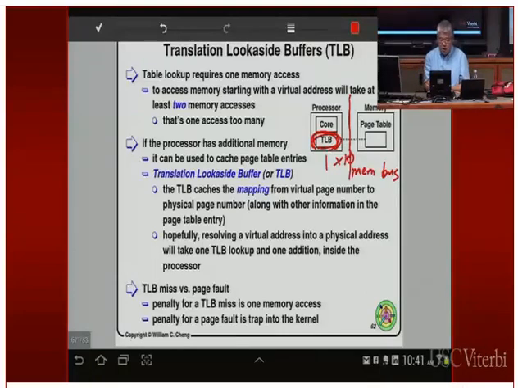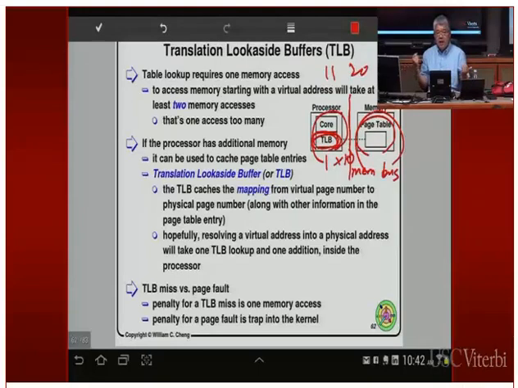So in this case, the total cost is going to be 11 times the speed of the memory inside the CPU, as opposed to 20 times if you use the Intel multi-level scheme and go to physical memory twice. So this one is going to be almost a 50% speed increase. And this scheme works with everything.